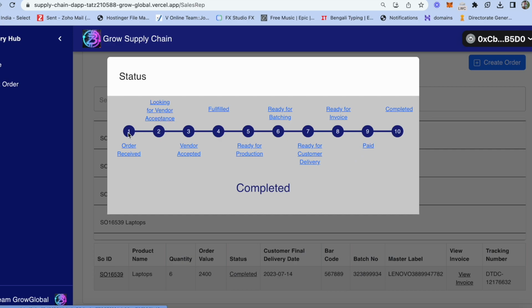and the status shows as completed. So this is how the flow would work, and this is a very thoughtful process in terms of the design that we have implemented. We can always tweak this, we can change this and make this more tailor made, but this is more like a skeleton. The idea that we are chasing is to create a master label, and when you scan that master label, that QR, you get to see the whole view, and the end customer is also able to understand the authenticity of the product and even find out how things have progressed